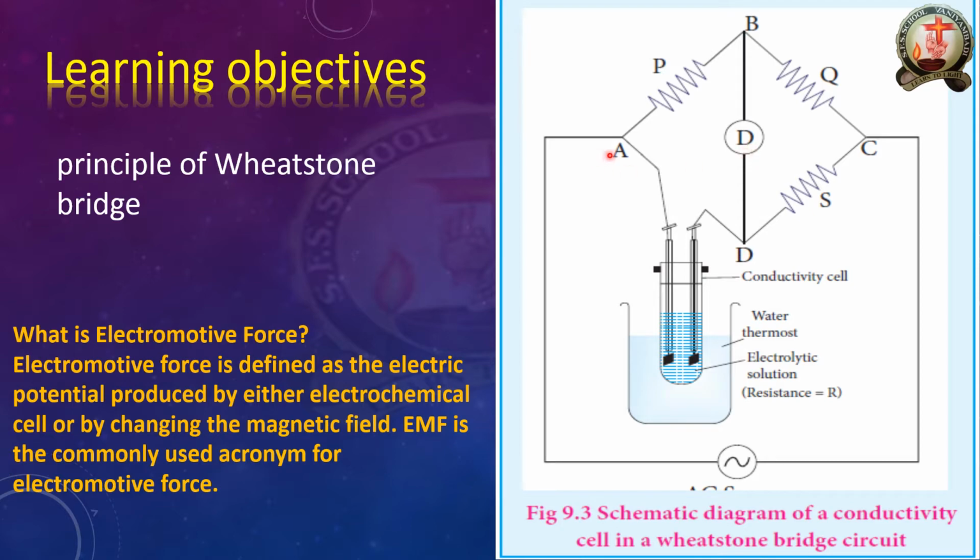But actually, A and D has a different type of resistance, a different type of movement. The current moves across this side, like this, in a closed loop. The current will be moving like this, but only this has a different type of movement. So we are going to find out this resistance R, which is different, with the help of the 3 known resistances. What are the 3 known resistances? P, Q, S are the 3 known resistances. These 3 known resistances help us find the unknown resistance R and the EMF.